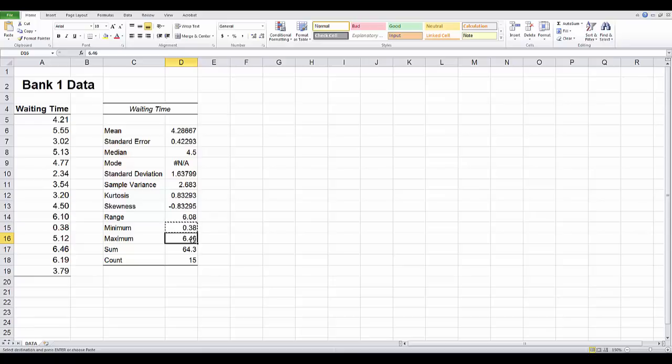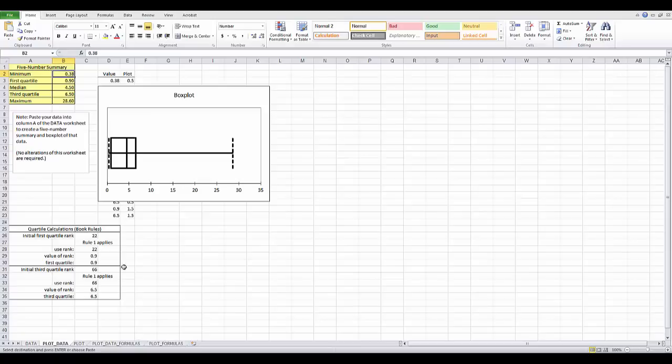And that's why it's very important to copy and paste the entire value and not just write down 6.46 and type it into the workbook. That is not good, and your answer will not be accurate. So copy and paste the entire value. Even if all the decimal places are not shown in the cell, there are more. So copy and paste the entire value. So maximum, paste special, and the value.